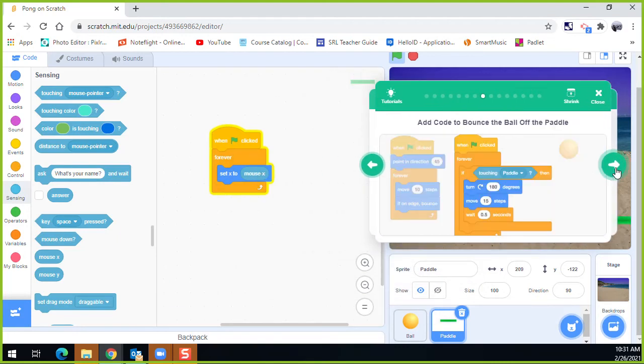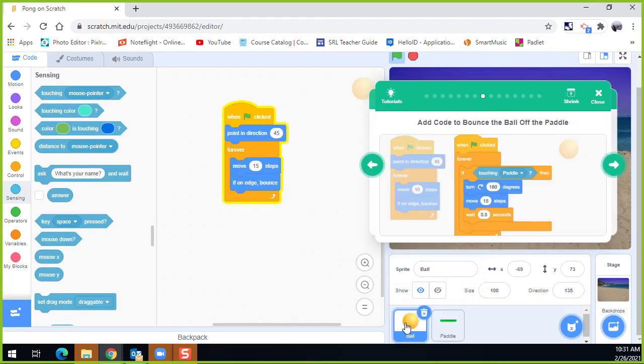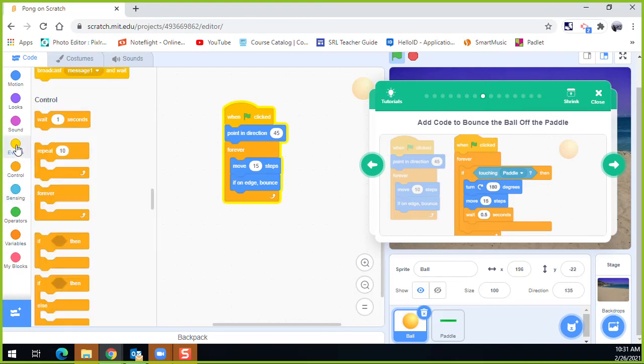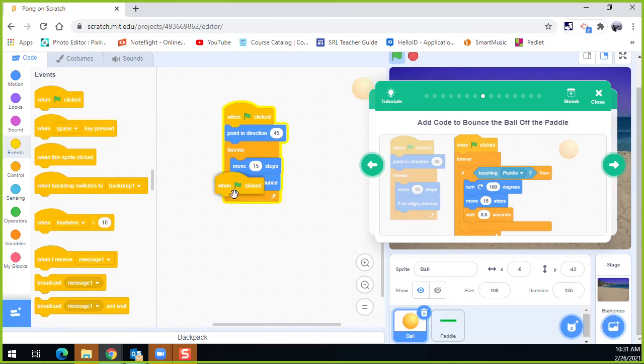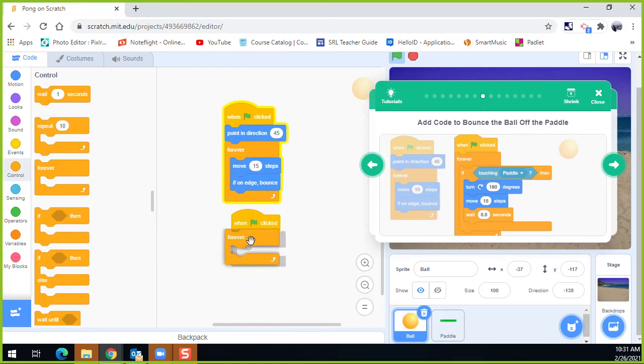So the next thing we're going to do is go back to the ball and code in this next section, which is yellow events: when green flag is clicked, forever, if touching paddle, then something else happens. I'm going to drop it inside the forever block there. And if touching paddle is the light blue,